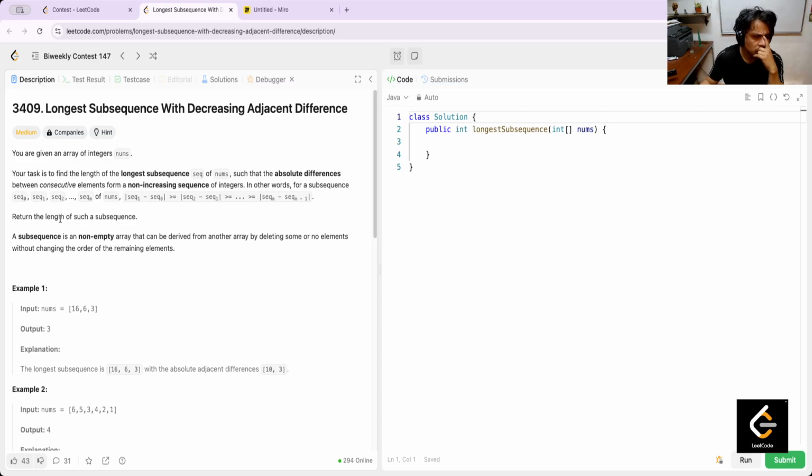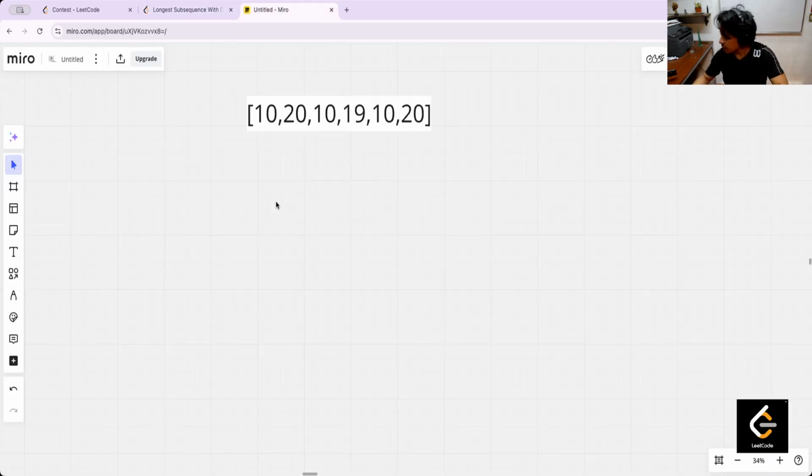Return the length of the longest subsequence such that the absolute difference between the consecutive elements is in decreasing order. But in this case, for example,